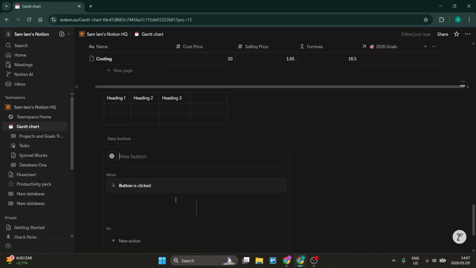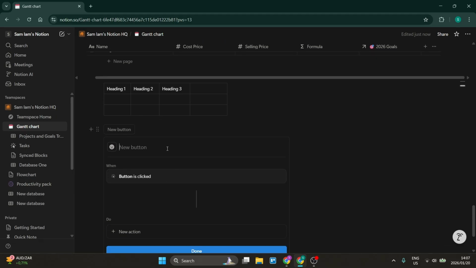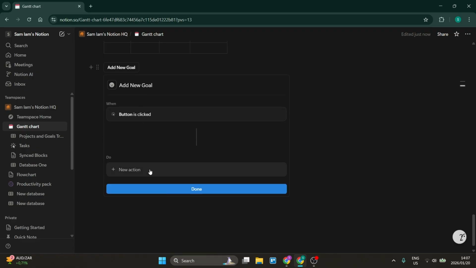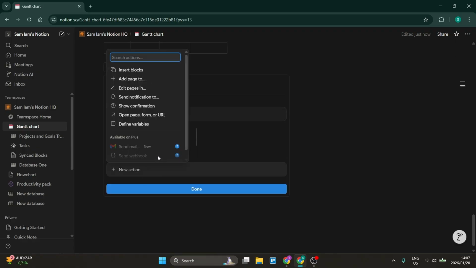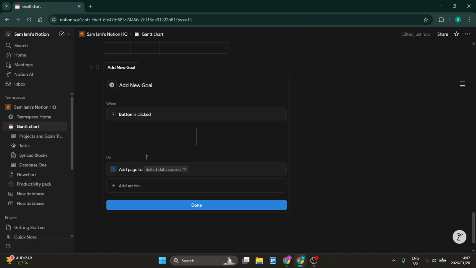Now, once you've added it in, you can go ahead and add a button name. So let's name it "Add new goal", and this will happen when the button is clicked. And what will it do? We're going to click on new action, and here we are going to add page to, and we can now